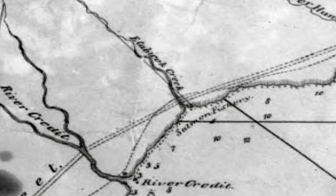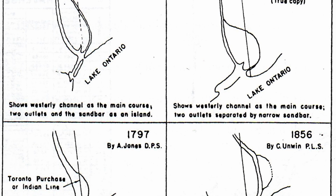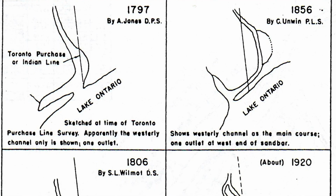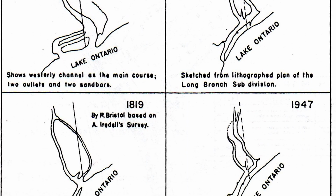Historically, the ecology in the area was pristine. To the east of the site, we had Tovey Creek as it entered into Lake Ontario. And here there was a unique wetland that formed. The wetland changed shape over time depending on Lake Ontario water levels, the conditions in Etobicoke Creek, and the conditions